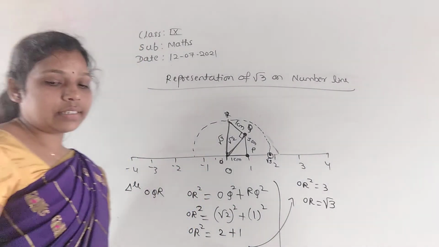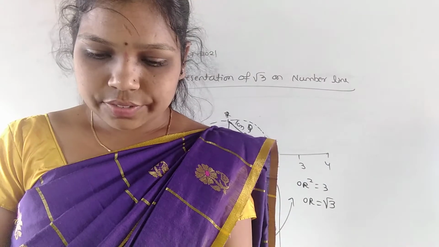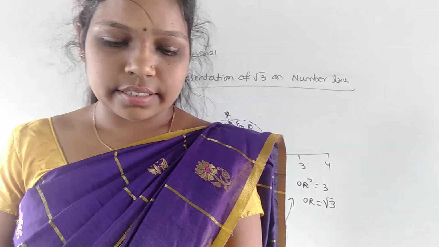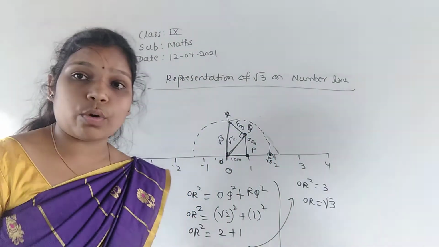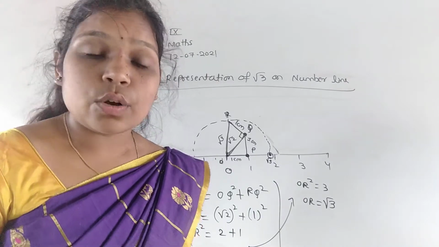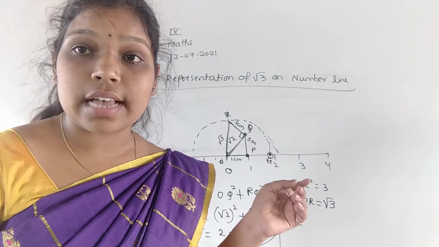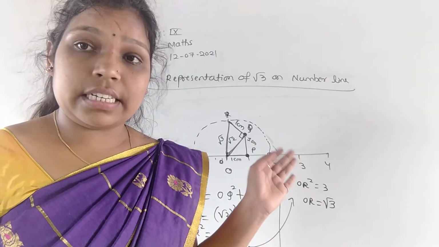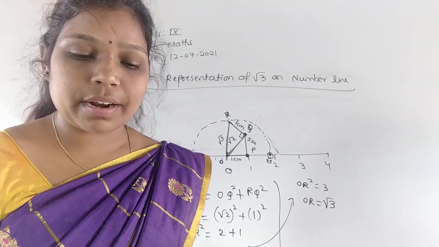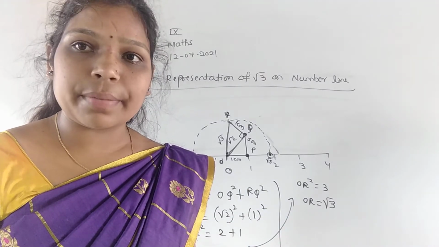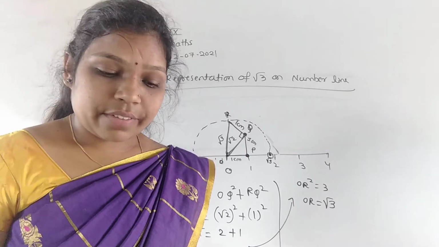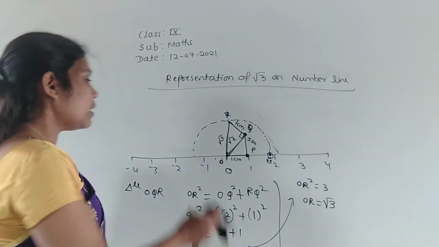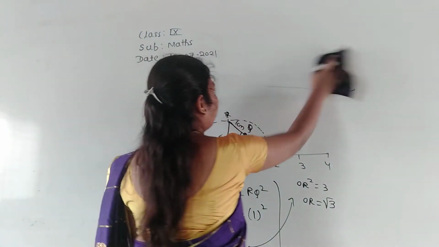So next, after this, these two are the examples here. After that we have one exercise here. Exercise number 1.2. Already we solved exercise number 1.1, right? So today we are going to solve exercise number 1.2. That is based on rational numbers only. Again it has some representation of rational numbers on the number line, and they have given some statements also. According to the question we'll answer now. Everyone open your textbook at page number 8, exercise number 1.2. We'll start exercise number 1.2.